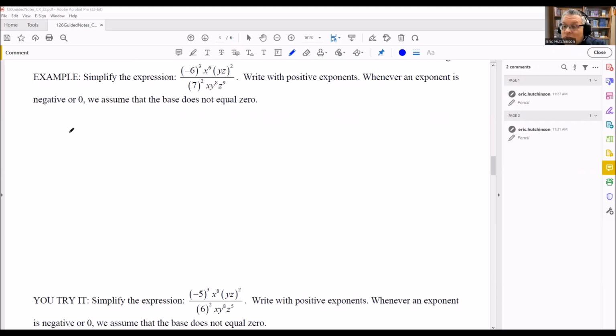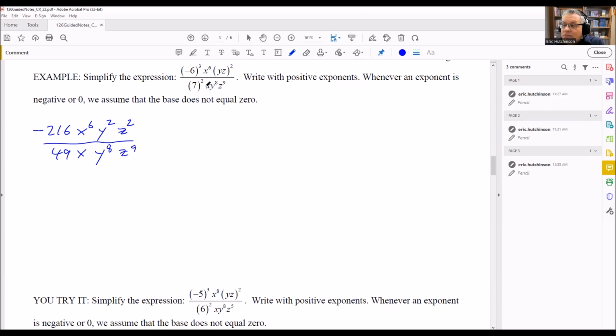So this is going to be -216 x to the 6th. And then each of these, we're going to distribute the power inside each of those. You can use the product raised to a power rule for that. That allows us to do that one. Okay, so now we have that on the top and on the bottom. 7 squared is 49. X we have by itself, and then we have y to the 8, and then z